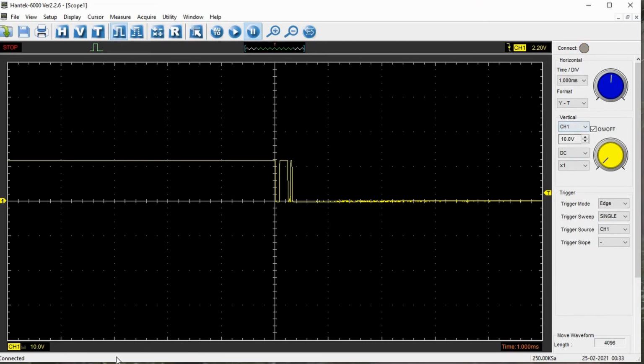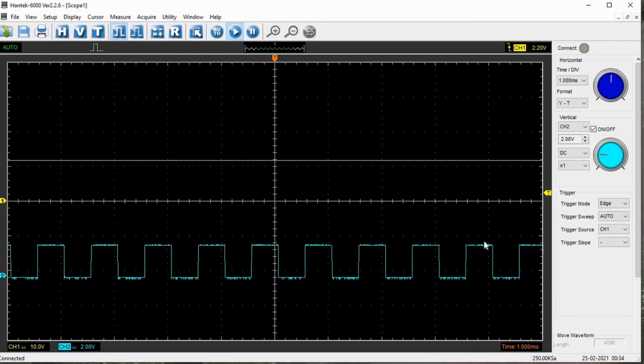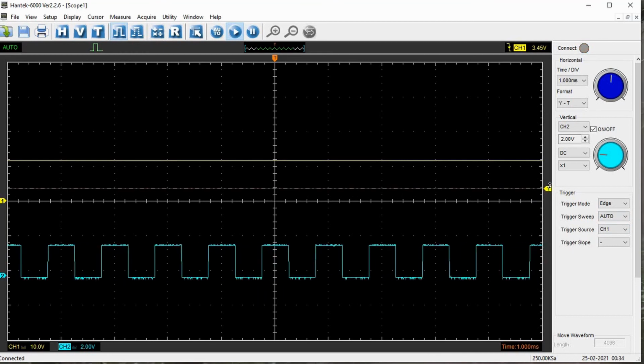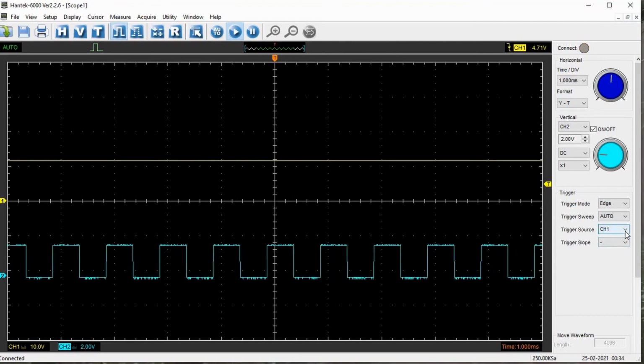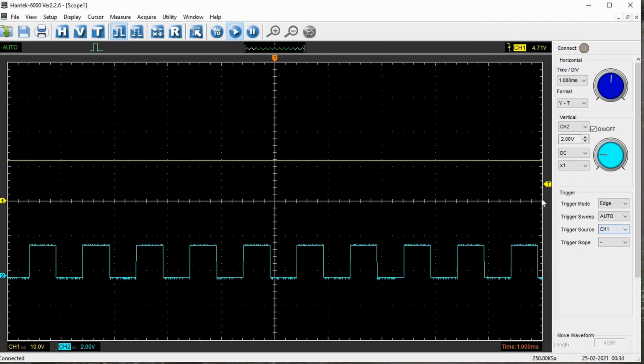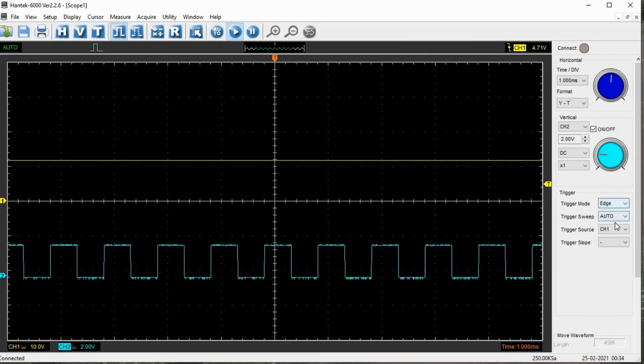Let me see if I can put back the channel 2 waveform and capture channel 2 also. When this transition happens, nothing is going to change in channel 2; I'm just doing that for the purpose of showing you. So now you can see channel 2. Now let me capture the channel 1 transition. You can also see what happened to the channel 2 waveform, but nothing is going to happen in it. You can just see the held waveform.